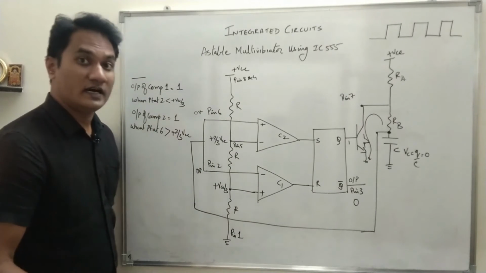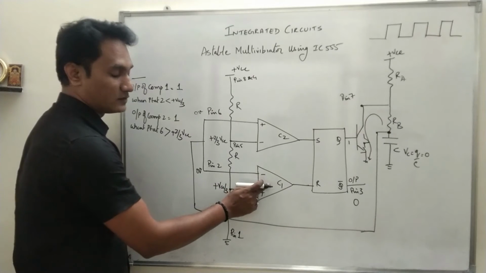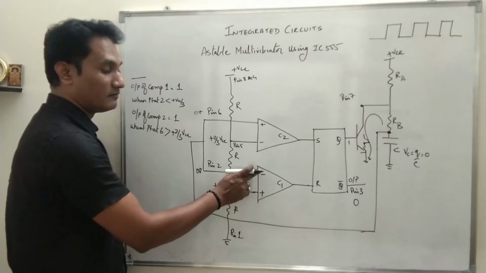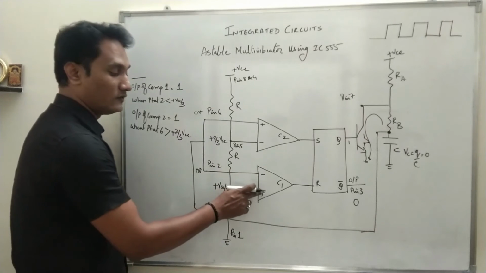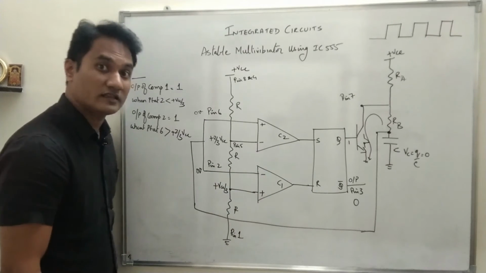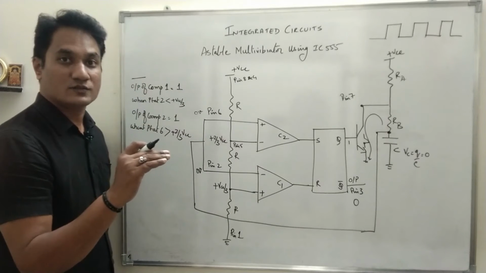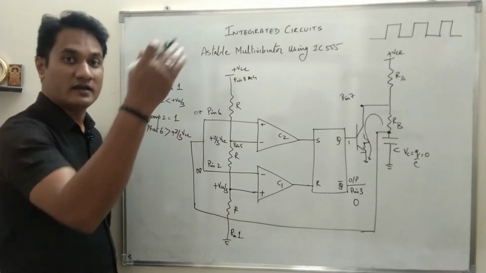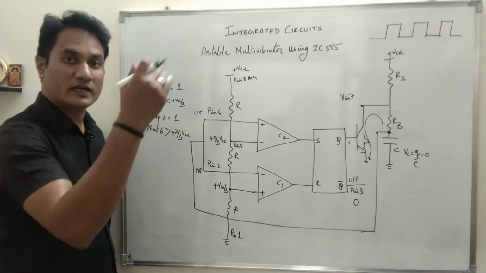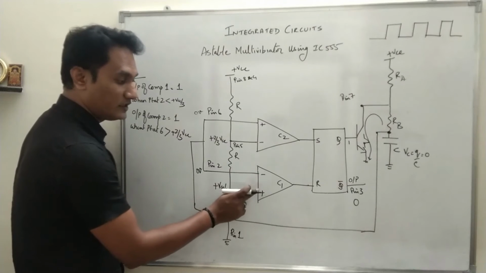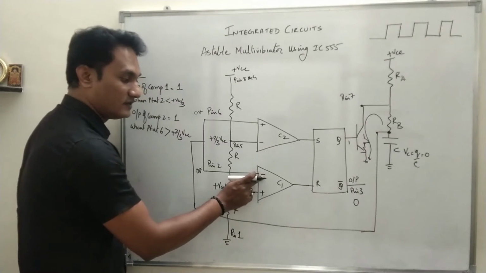This we have already understood, as this is working as a comparator. The output of the comparator will always be the non-inverting minus the inverting, with infinite gain. So the output will be either plus VCC or minus VCC. In digital we consider it as 1 and 0. So the output will be either 1 or 0 depending upon the difference between the two. And what should be the difference? It will be non-inverting minus the inverting.